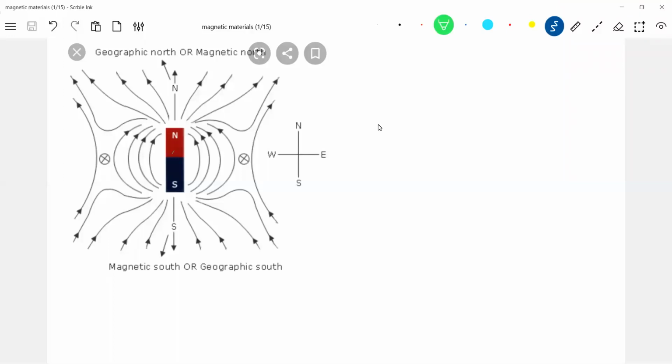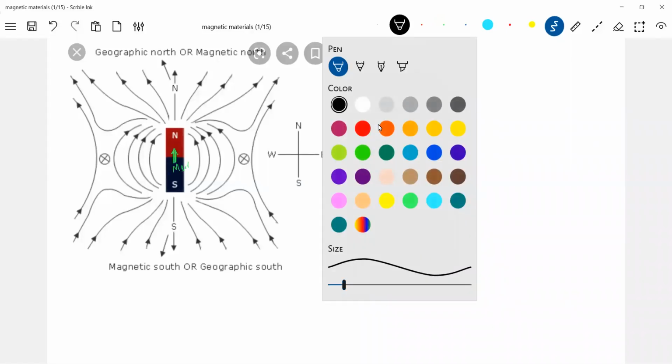So if you look at the dipole moment of a bar magnet, how do we find out the magnetic dipole moment of a given bar magnet? Can we take help of the Earth's magnetic field? The answer is yes. So let's assume that the bar magnet is placed here. There's a north pole, there's a south pole. How will it produce field? It will produce lines of force.